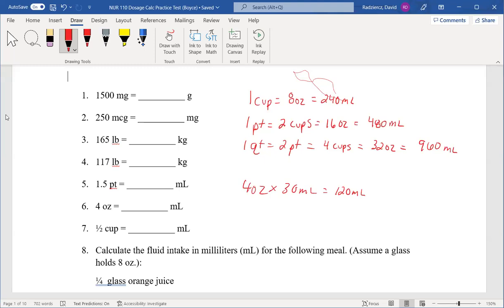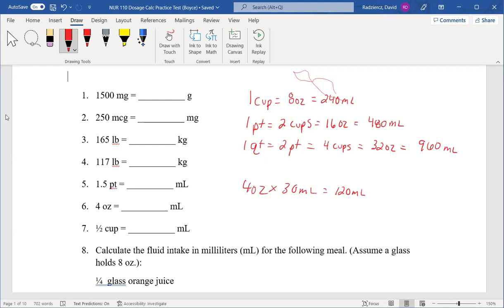Okay, thanks. I also have a question. Yes, go ahead. As I'm looking at this, I know there's 1,000 milligrams in a gram. It's easier for me to remember that 1,000 than it is to remember the decimals. So when I'm going from something that is smaller, for example, 250 micrograms to milligrams,